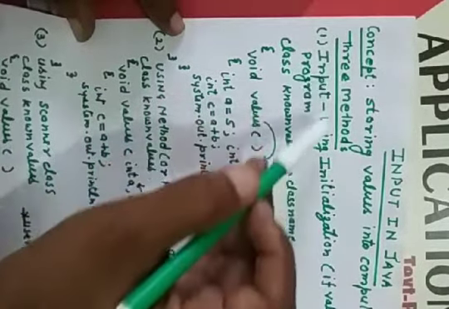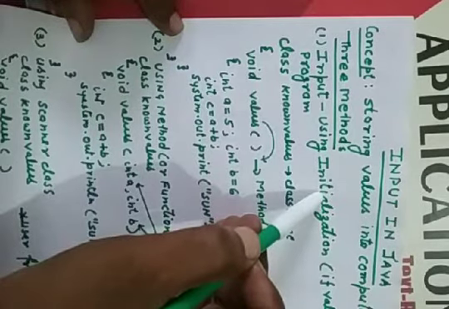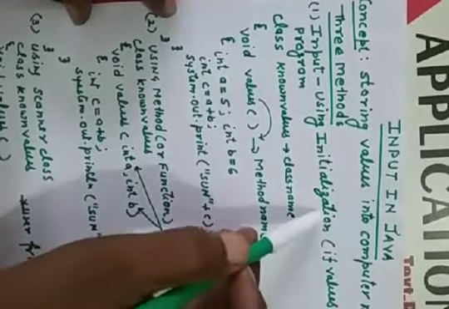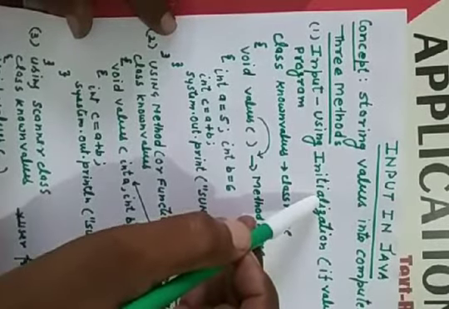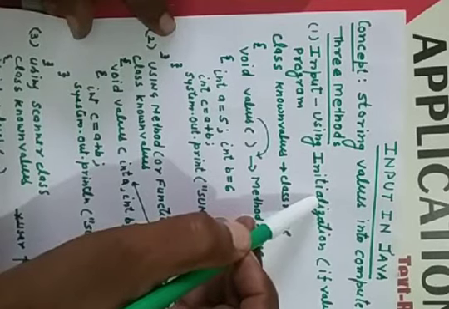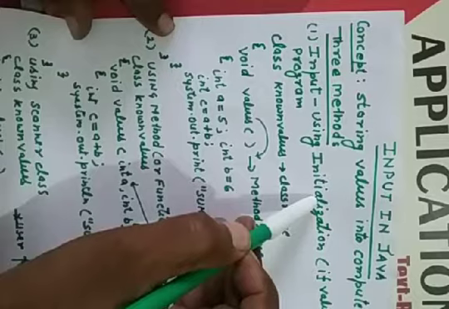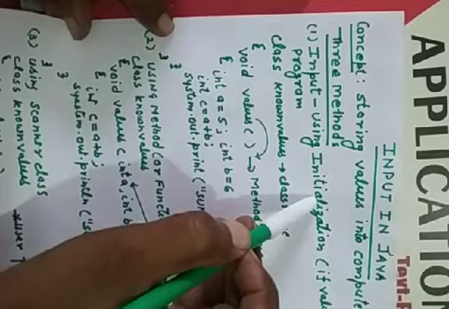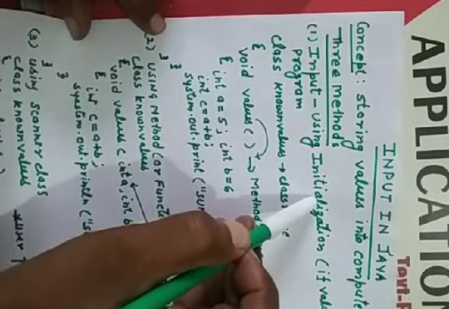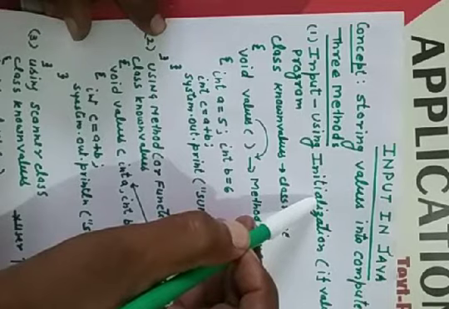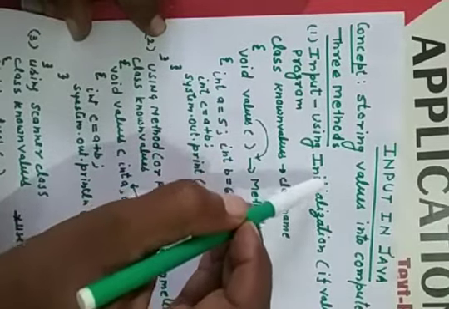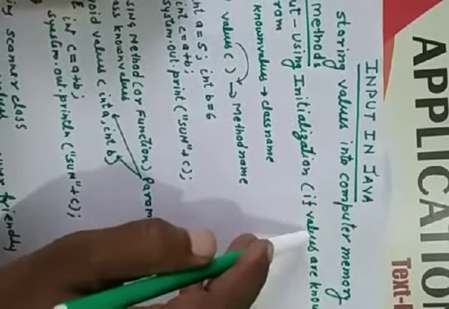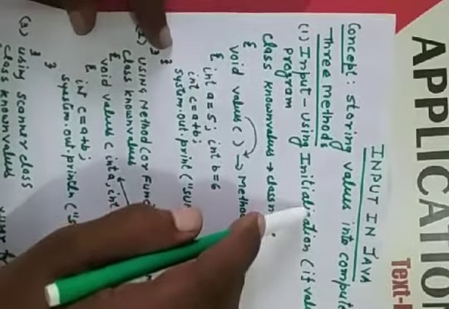First is input using initialization. Initialization means storing value into the computer memory if the values are known. Okay, so as I have given you an example: keep one physics book and one maths book in your bag. In that case you will not ask me, sir, which subjects of book. So what is the meaning of initialization, or what is the meaning of if values are known? If the things are known, you will not ask the teacher or anybody.